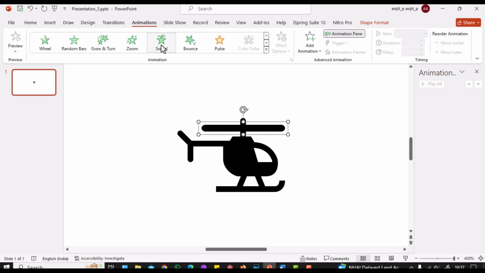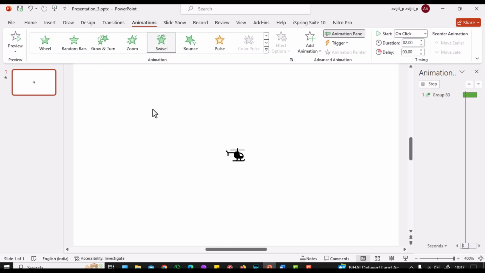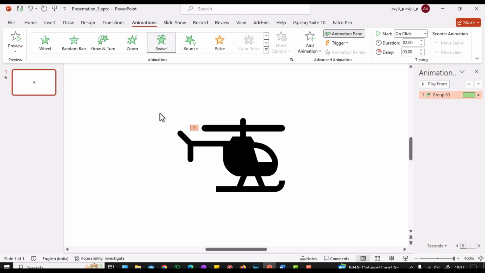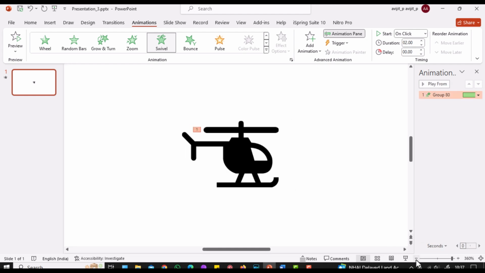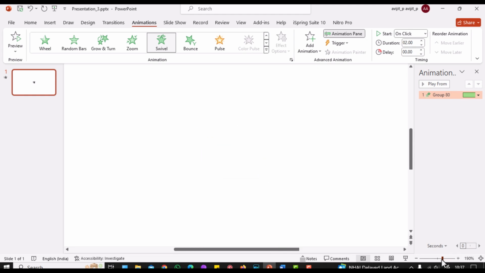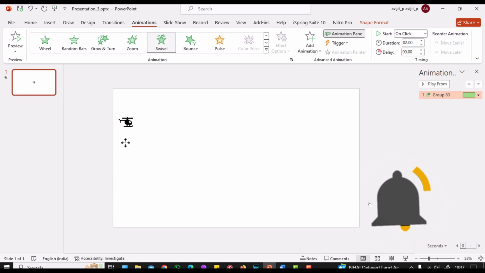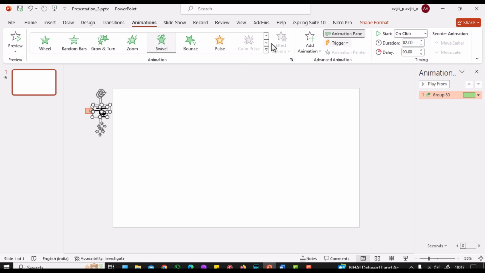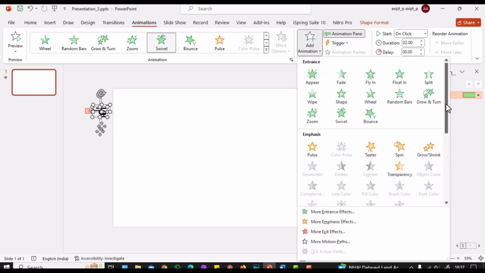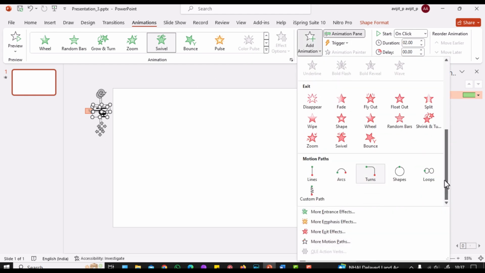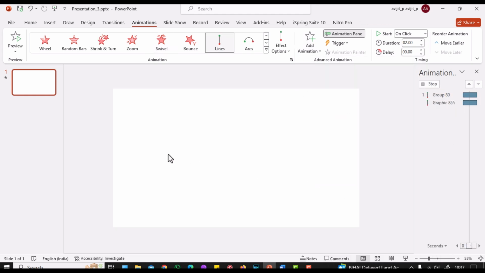Go to the animation pane and give it a spin animation to show that the blades are turning. Give a line animation to the helicopter to show that it is flying in a forward direction.